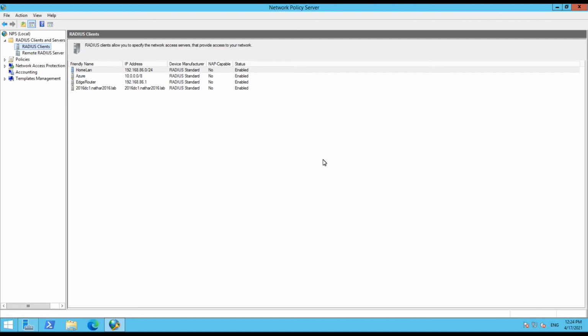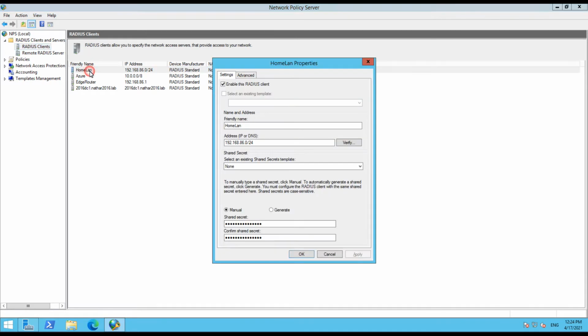Well, if you have access to your MPS server, you can simply open up the Radius client entry, and you'll see down here we're set to manual. It's all blocked out, but there's this other option here, generate, which is what the MPS server would do if there's nothing there. When you click on this, if you don't have a shared secret in there, this is going to be blank. You're going to have a generate button. However, if you have a shared secret in here, when you click on this, it's going to show you what is already there. So that's the first very easy way to find out what the shared secret is for a